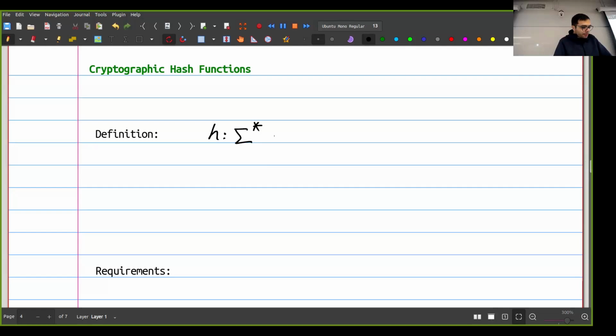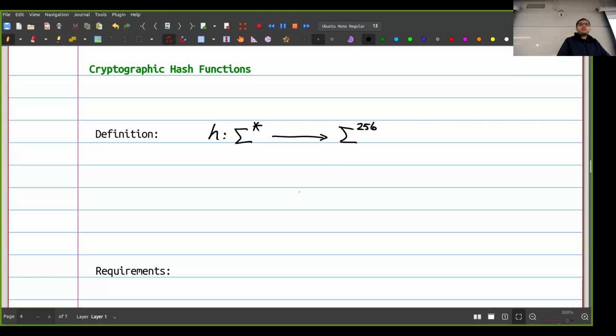And then no matter what the length of the input was, it's always going to give you an output of a fixed length. Now, let's say 256. Okay? So it gets an input. The input can be long or short or anything. Imagine that the input is just a sequence of zeros and ones. And it always gives you exactly 256 bits in the output.